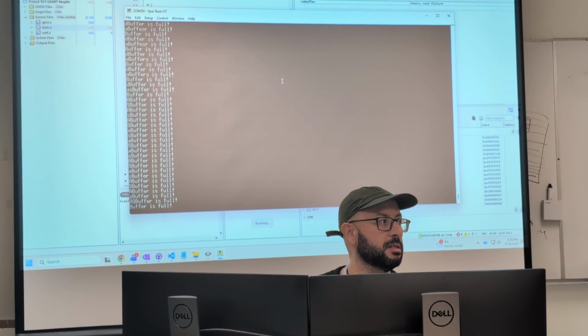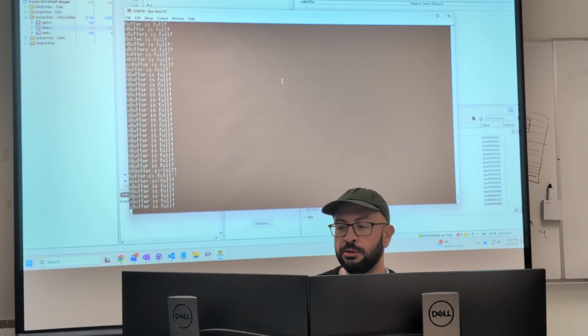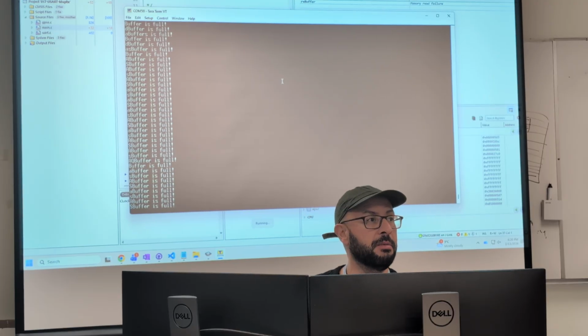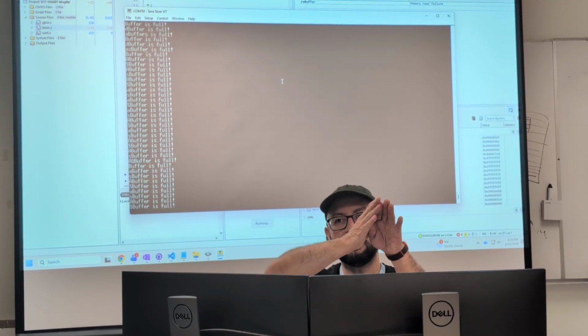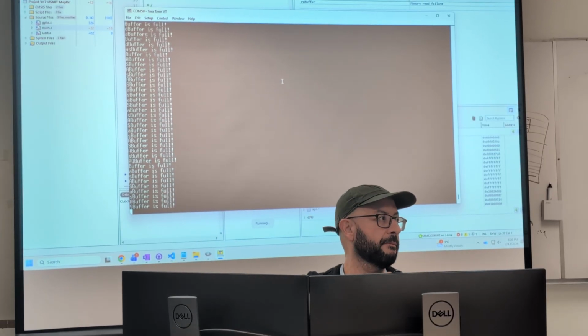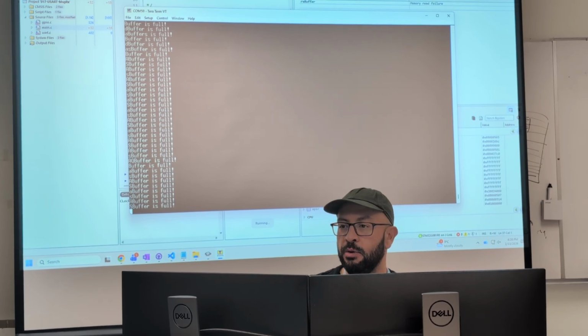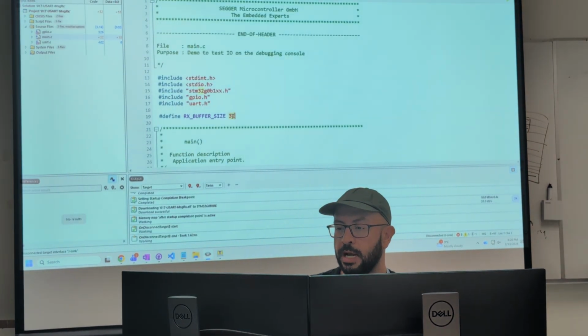So now my program is bulletproof, right? Because it won't add to the buffer anymore. If I didn't have that, I would have made it crash right away, because the index would have gone beyond the size of the array. See, those kind of things, we need to be careful. So I'm going to put this back to 64.